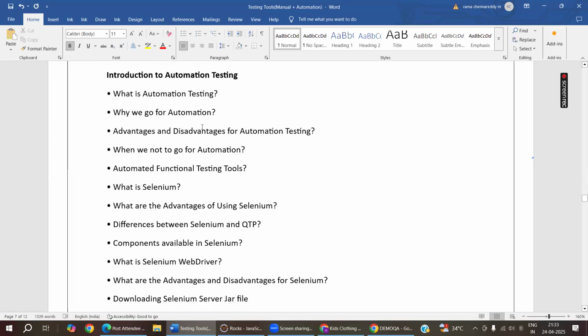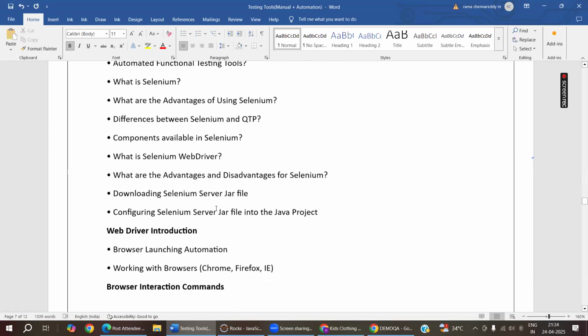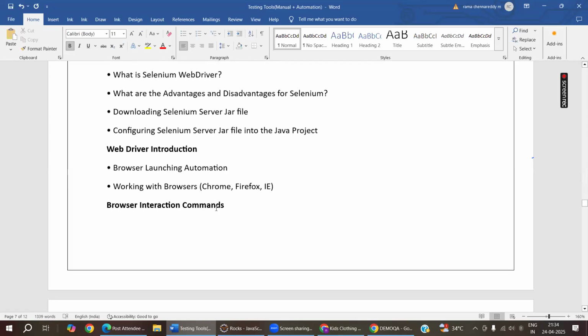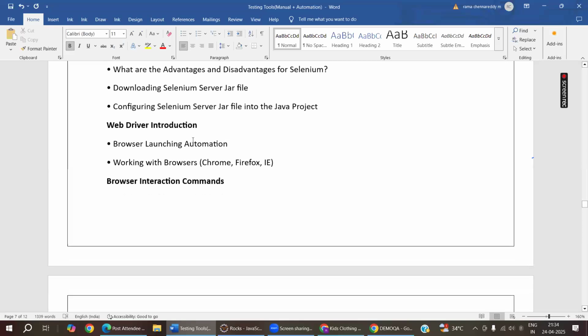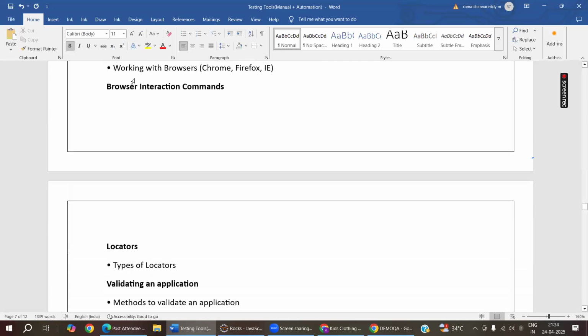So we have automation: why go for automation, advantages and disadvantages of automation, why not to go for automation, and what are the automated functional testing tools we have, what is Selenium, what are the advantages we have, Selenium QTP differences, components, Selenium WebDriver, advantages and disadvantages of Selenium, how to download the Selenium server standalone jar file, how to configure the Selenium server standalone jar file to your project, how to launch the browser, how to communicate with the browser, how to work with the browsers, what are the browser interaction commands we have, locators,